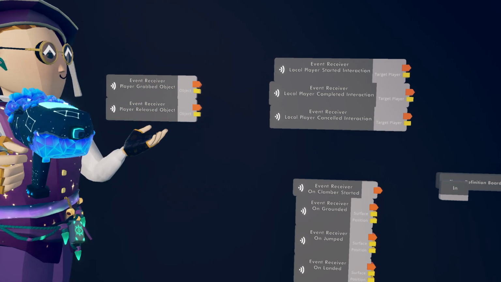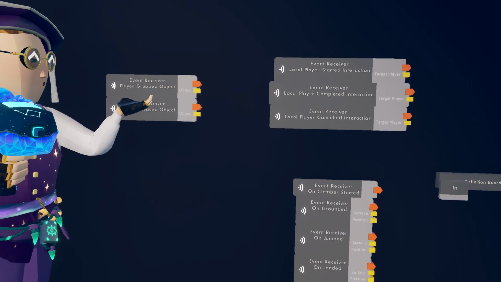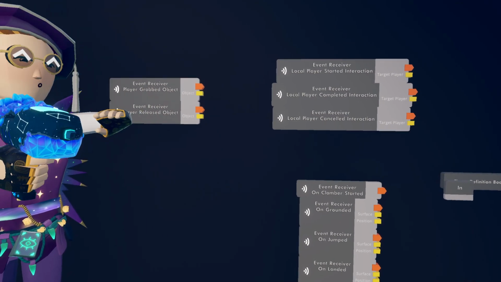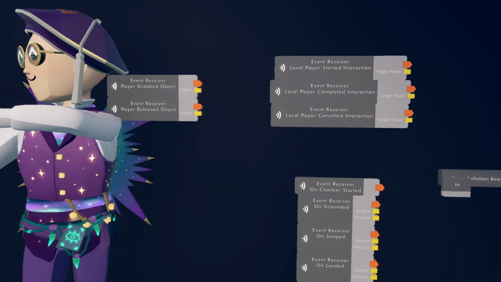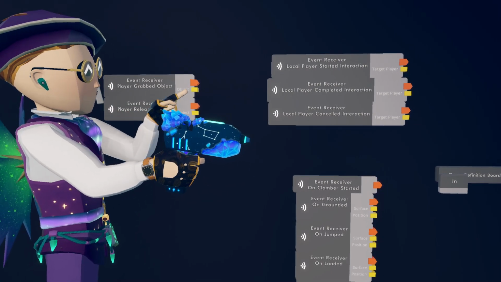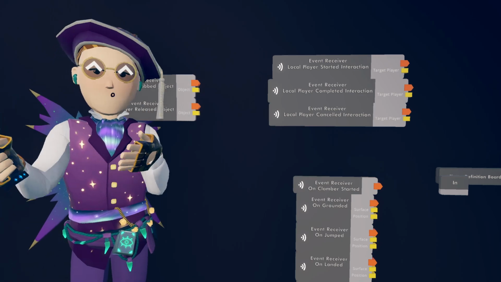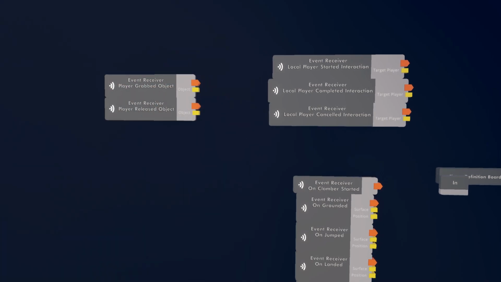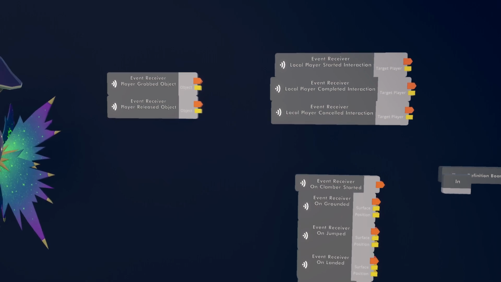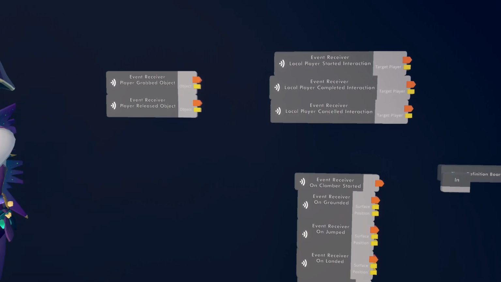And this event, I'm like 90% sure, goes off for everybody in the room. So if you want it to specify for only one player, then you would get the self and then check if the self is the local player. Does that make sense?